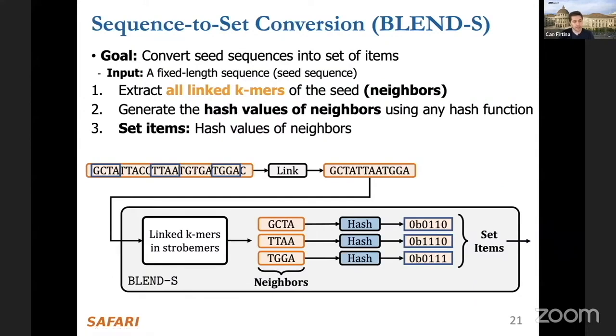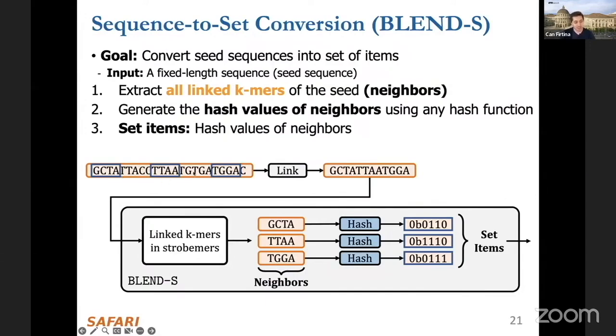The other mechanism is the Blend S mechanism. I'm not going to explain Blend S in a very detailed manner, because it's pretty similar to Blend I, with only a minor difference. If we are using a linked k-mer strategy, for example, a Strobemer, then it doesn't really make sense to extract all overlapping k-mers, because there's an information gap between these linked k-mers,